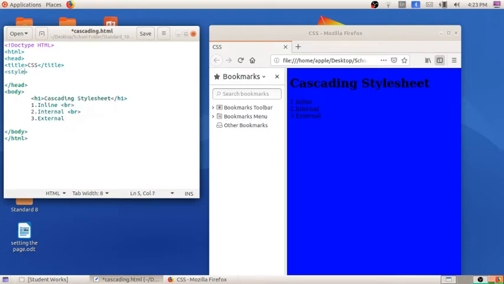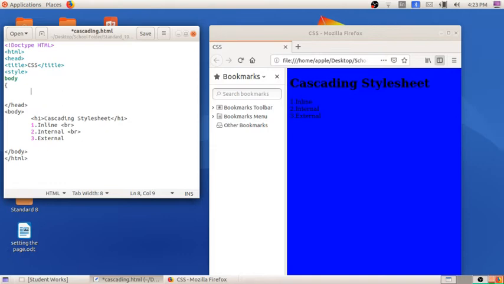I am opening the style tag, where I have to apply the style to body. I have to give the background color to the body. You all will be knowing that we already did this in the previous videos. So I am applying the background to body. I will be giving another color so you can understand that.